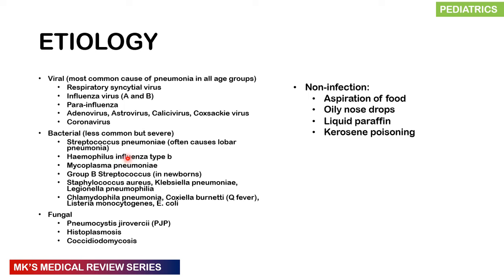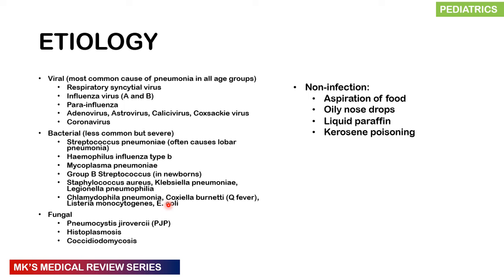You also have atypical causes such as Mycoplasma pneumoniae, which is very common, especially in the background of those that have acute chest syndrome. They may actually have Mycoplasma pneumoniae infection. Also in those that are school-going children, the adolescents, you want to actually have some suspicion for this. You also do have group B Streptococcus, which is very common in newborns, Staphylococcus aureus, Klebsiella pneumoniae, Legionella pneumophila, Chlamydophila pneumoniae, Coxiella burnetii, which can cause Q fever, Listeria monocytogenes, as well as Escherichia coli, which is also quite common